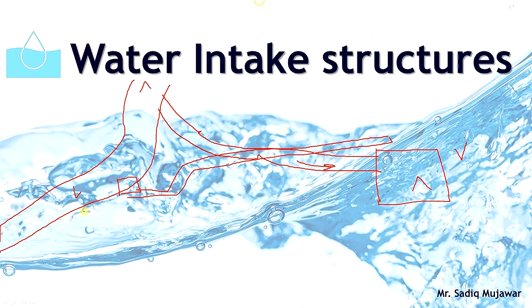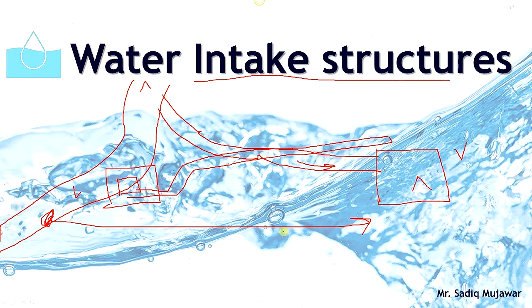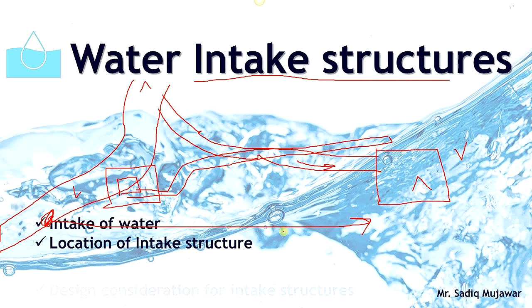For all these, you need to construct a structure in which you are going to house water withdrawal conduits, electricity arrangements, pumps, etc. These are all arrangements you need to make to transmit water from the source to the purification plant, right? So ultimately you need a structure which we call the intake structure. So intake structures are typically the structures installed for withdrawing the water from the source.